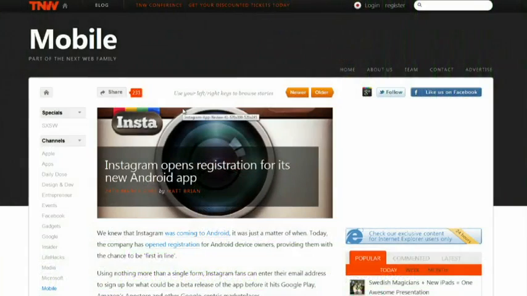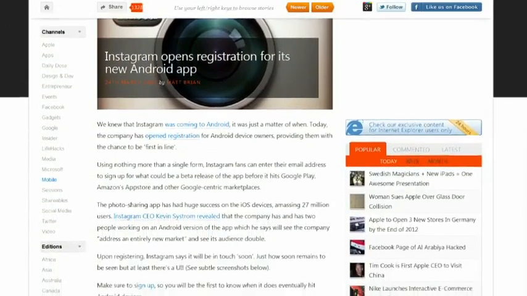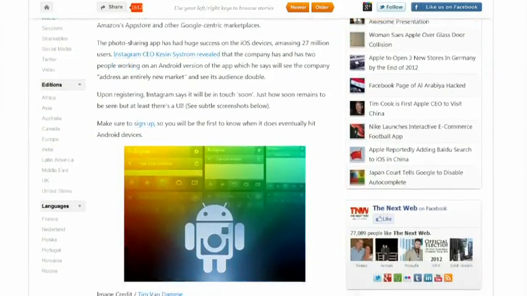So is it actually news now? Well, yes, it's news. Now it is. We've talked about the embargo being lifted. We are allowed to say the app that shall not be named, although we haven't seen it yet. True. But Instagram did put up an open registration on their site for the new Android app. We talked about this off and on over the last many months. Yep. That's why I got tired of talking about it.